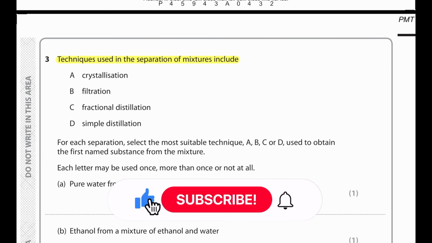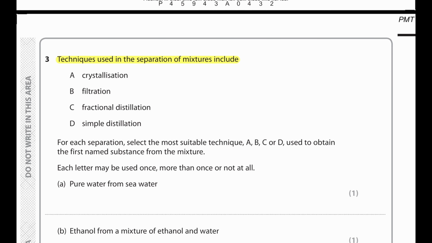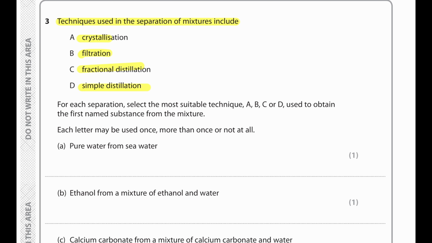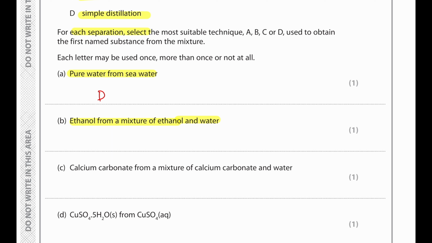Techniques used in the separation of mixtures include crystallization, filtration, fractional distillation, and simple distillation. So for each separation, select the most suitable technique. Pure water from seawater. So we can do simple distillation. Ethanol from a mixture of ethanol and water. Since there is a boiling point difference, 78 degrees Celsius for ethanol and 100 degrees Celsius for water,